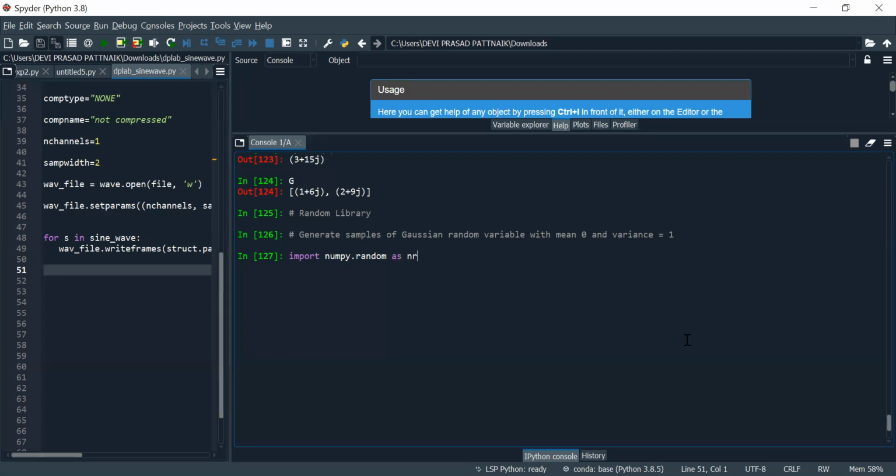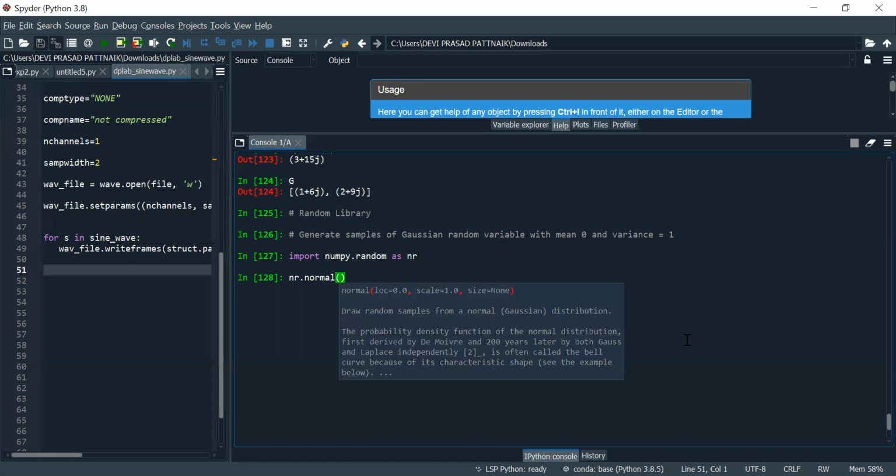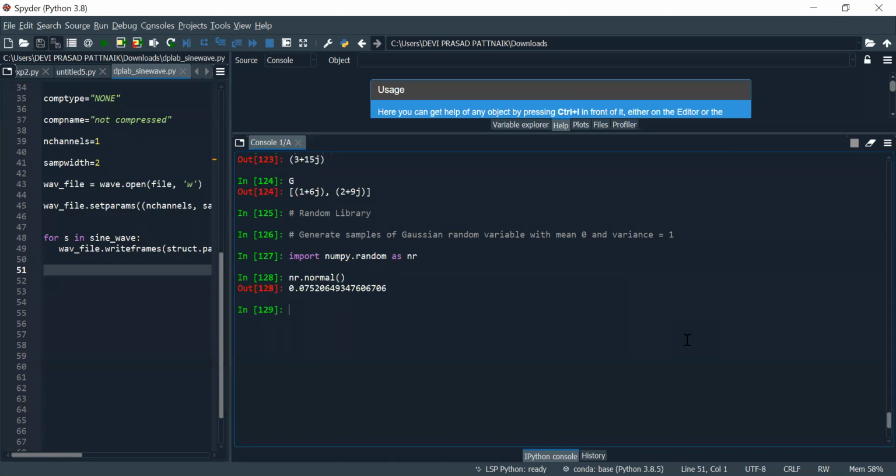Now, import numpy.random as nr. Import it. Now, if you write nr.normal, it gives a random value which is having a mean 0 and variance 1. Let's execute the same statement again.